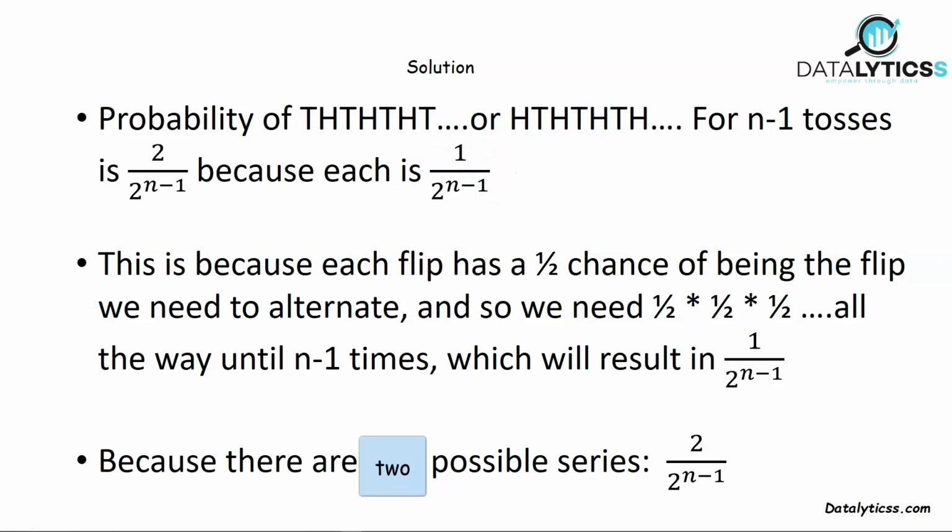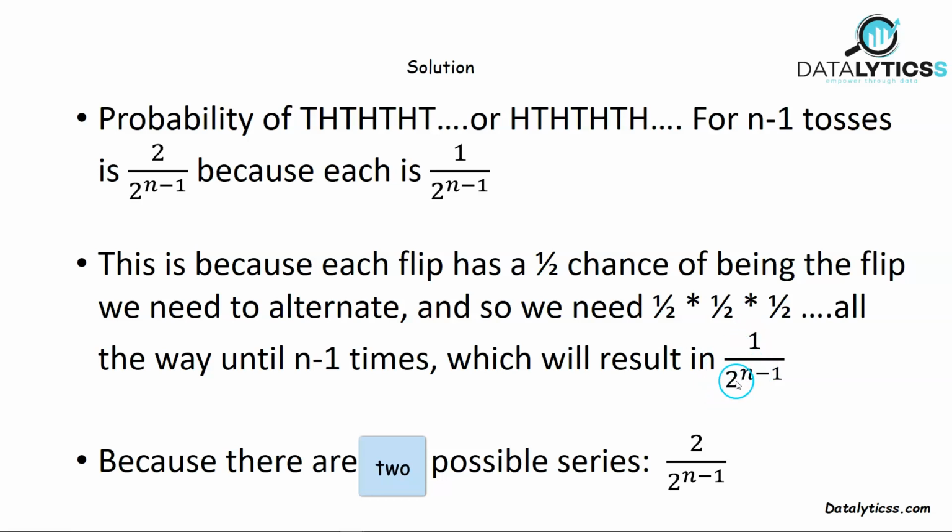This is because it is a fair coin, so the chance of flipping an alternate tail head or head tail is 0.5. So every time we multiply half times half times half, all the way to n minus 1 times. If you generalize this series, it will be 1 over 2 to the power of